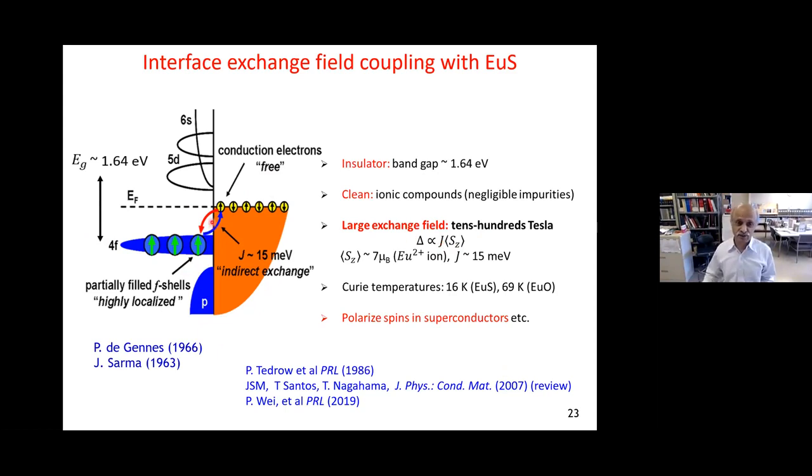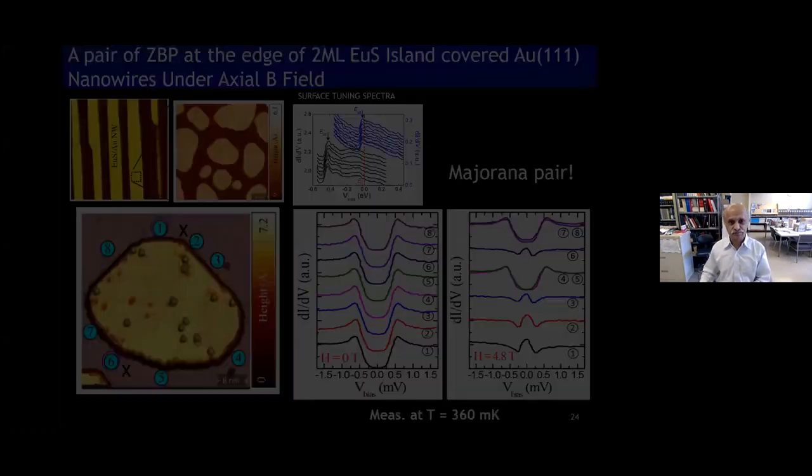In this case, we think at least many Tesla of exchange field is involved at the interface of the gold. So thereby, we see europium sulfide creating not only this huge drop in the chemical potential, it also creates this huge exchange field at the interface. So this is some of the things we have done quite a long time ago. We have a history of that, so you can see these publications in various articles.